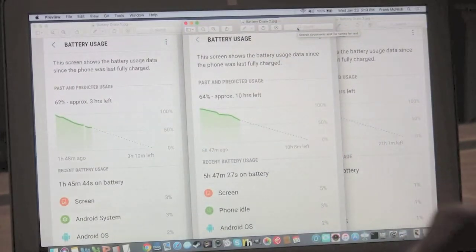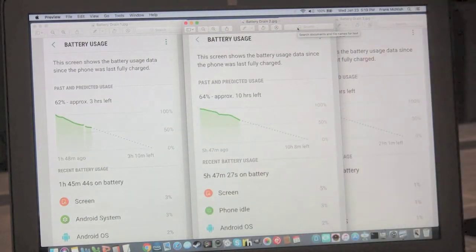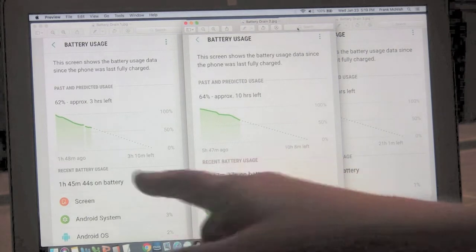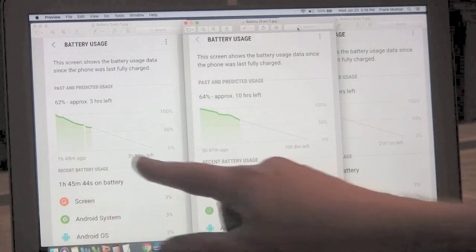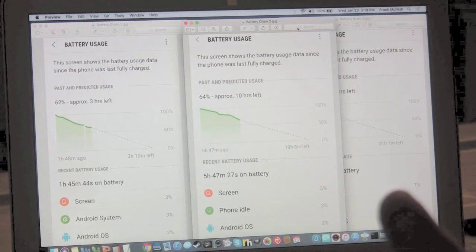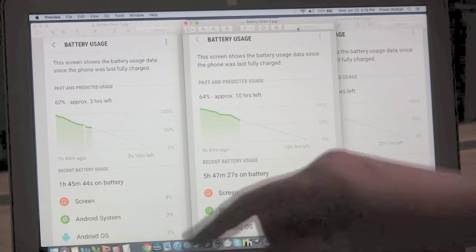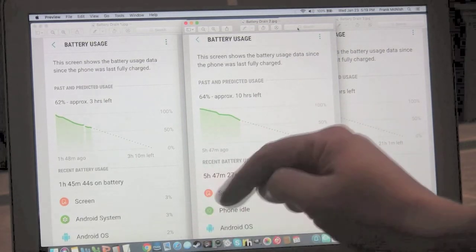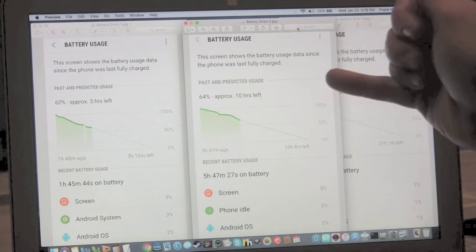Zoom in on this. Initially, get in here so you can see this. So initially, as you can see on the left here, even with my battery at 62%, I had an hour and 48 minutes on time with a remainder of about 3 hours and 10 minutes left. And this is at 62% battery. So you can see down here the screen time 3%, Android system 3, OS 2%,